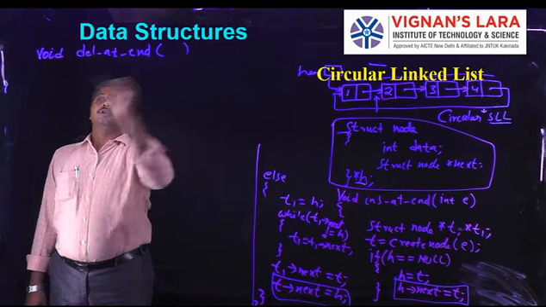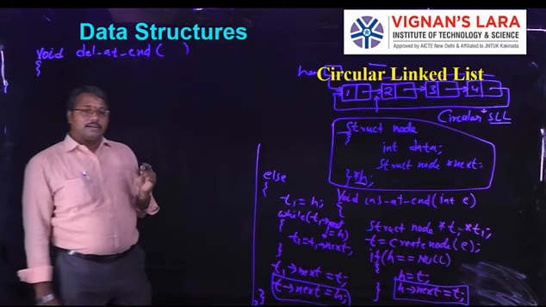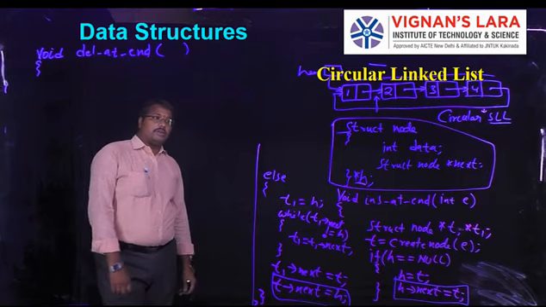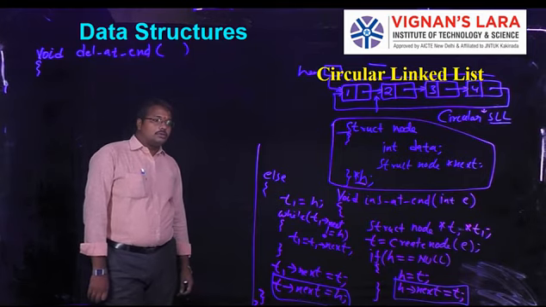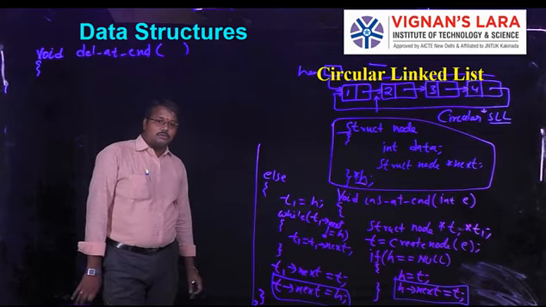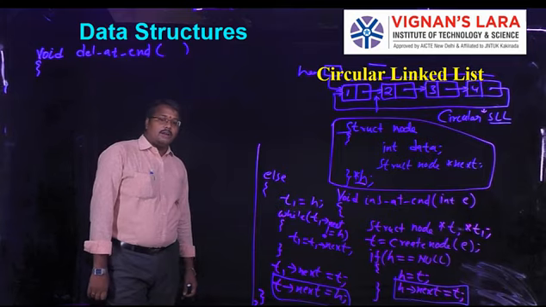So no need to pass any arguments. Why? Because we need to delete the last node. So whenever we want to delete the last node address, simply what we have to do is,